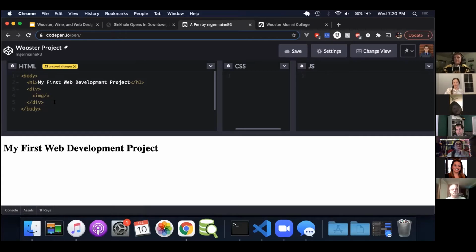And then what we need to do is actually retrieve the image. And in HTML, the way to do that,